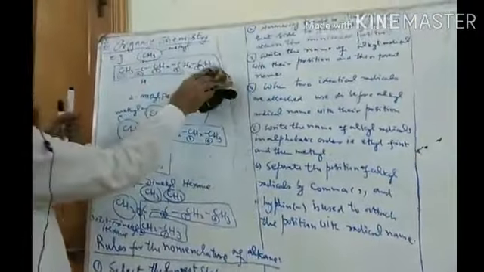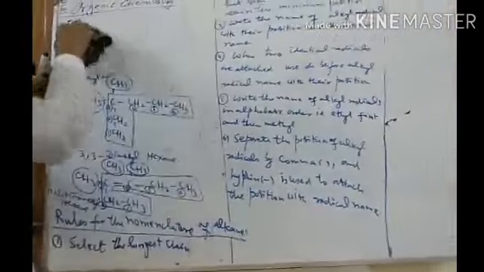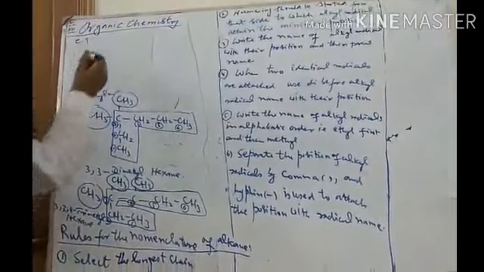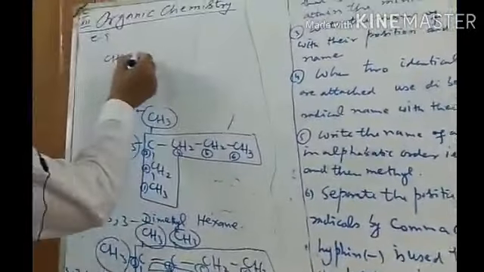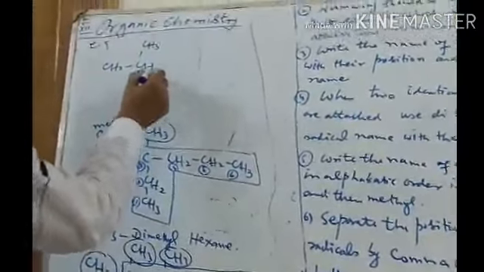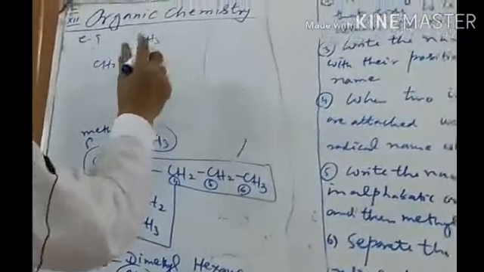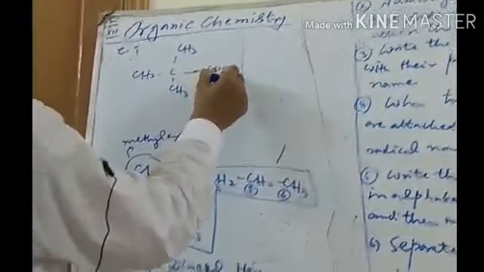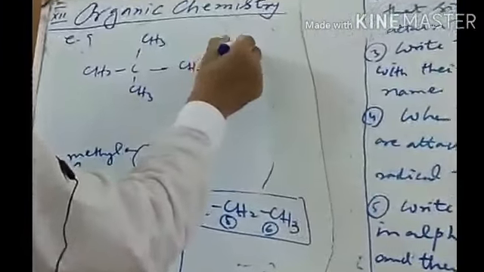Similarly, in this case, if we have another compound, for example, if I just write in this way, the ethyl and methyl, then how to write the name of such compound? Suppose we have the CH2, CH. This is the CH3. CH3. Now this is the CH2. CH2. CH3. And this is the CH2.